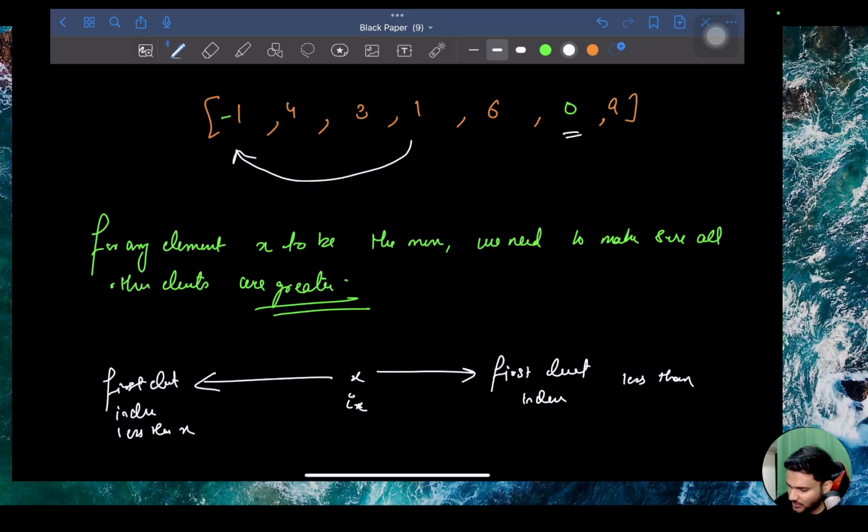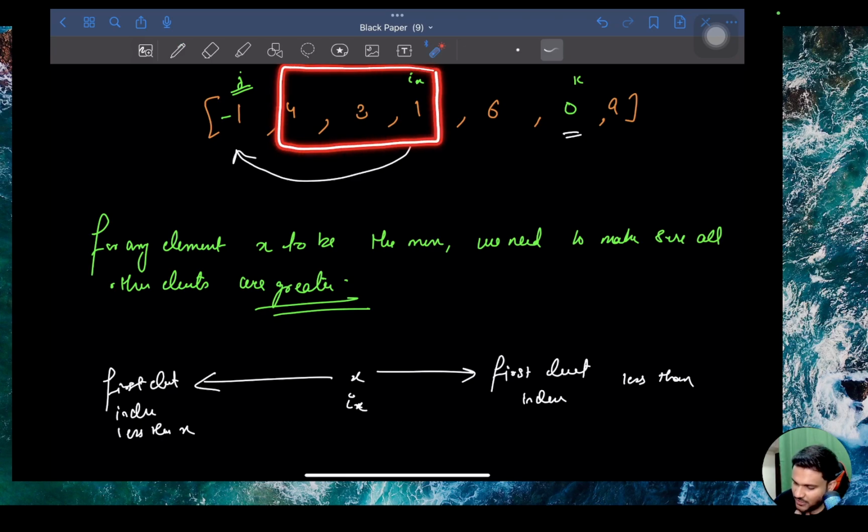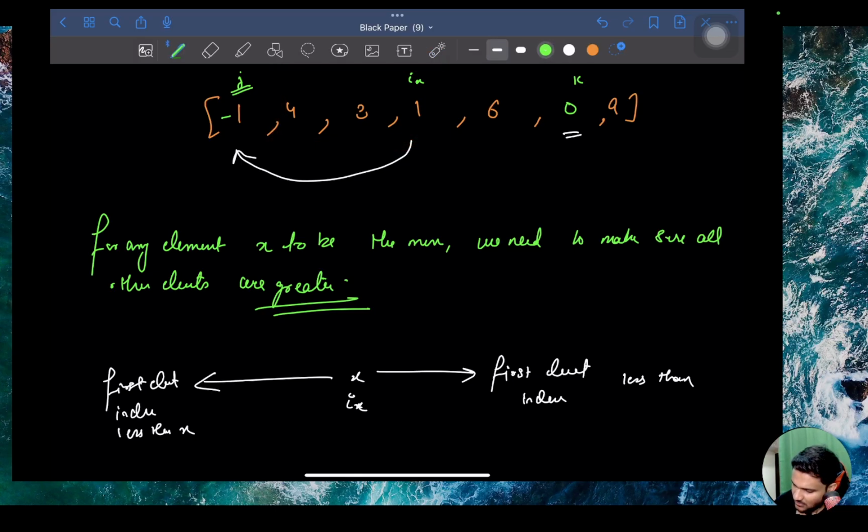Let's say we got these two indexes, this index is k, this index is j. Then if this index is ix, and you consider any index in the range j plus 1 to ix, both inclusive, and you consider this particular range, that is ix to k minus 1,